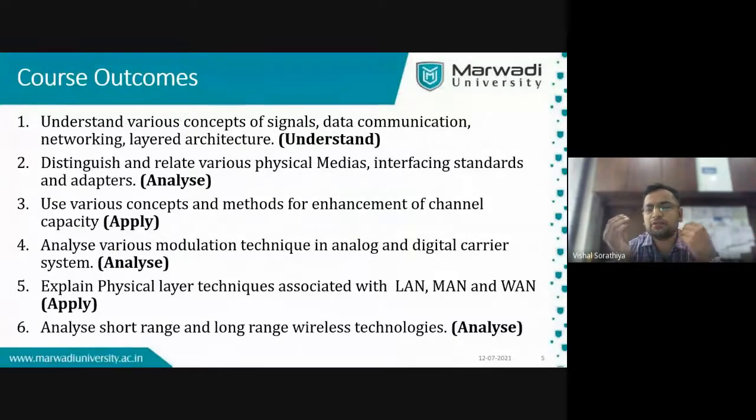I'm not going very fast, but you need to understand. Whenever next time you come out from your home and see your mobile and a nearby tower, at that time you should realize how, if I'm dialing this particular number, this communication is set up and reaches one of my friends situated in Ahmedabad, or another state, or when you're making a WhatsApp call to your friend situated in Australia. How does this communication take place? What are the different steps through which this communication has been established? That sort of thought should arise after learning the subject.